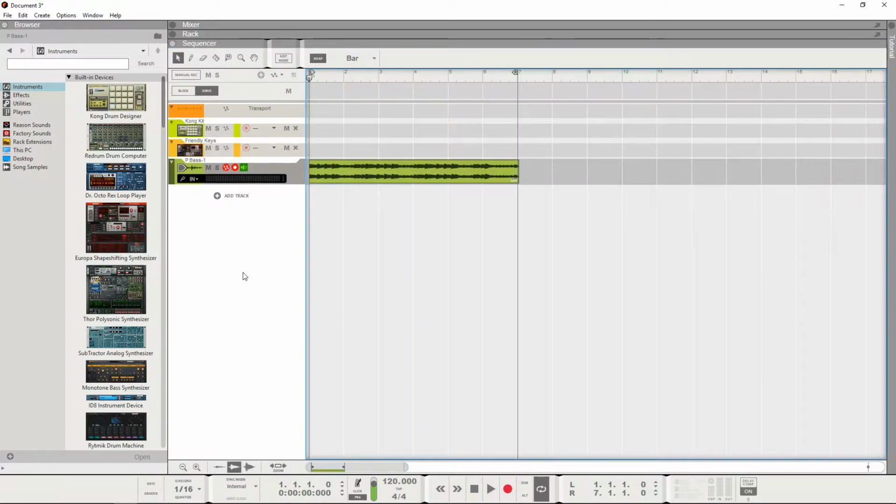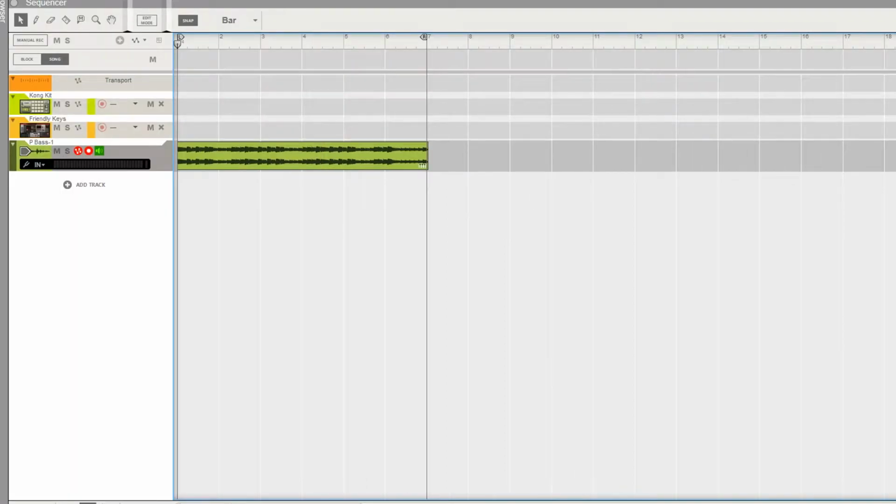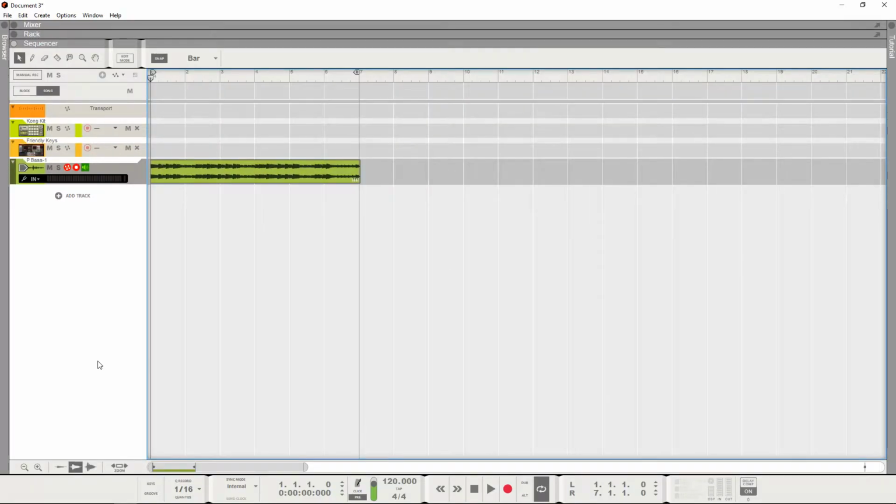And then you have your sequencer view, where you'll be doing your recording and your editing and arranging of all your clips. You also have the browser over here, and this can be easily opened and closed. When you're working in the sequencer with everything closed like this, it's very clean and easy to navigate. Reason Studios have done a great job at making editing tools easily accessible, which makes working in this software very quick.